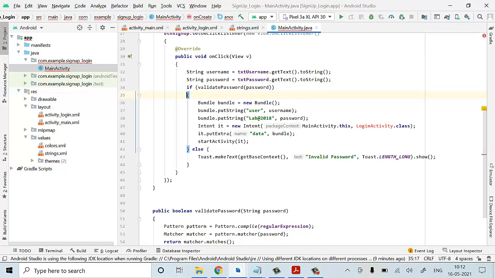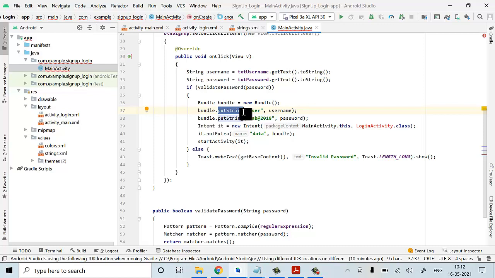Suppose, for example, that it is true. Then we have a class called Bundle, which is used to store your data in the form of key value pairs. For this Bundle, we store our data as key value pairs. So here, bundle.putString, in the sense we are going to store the data.